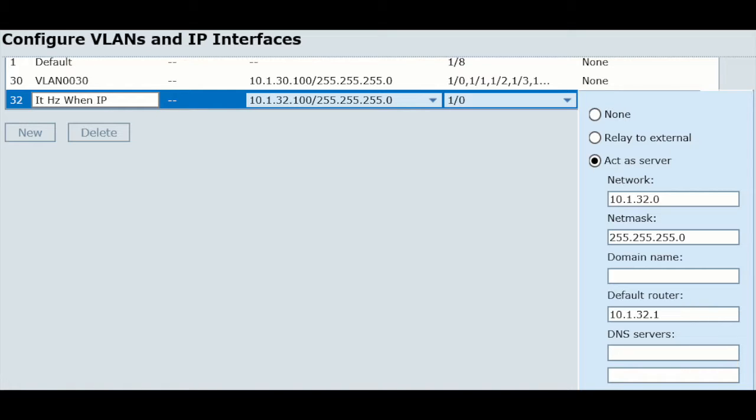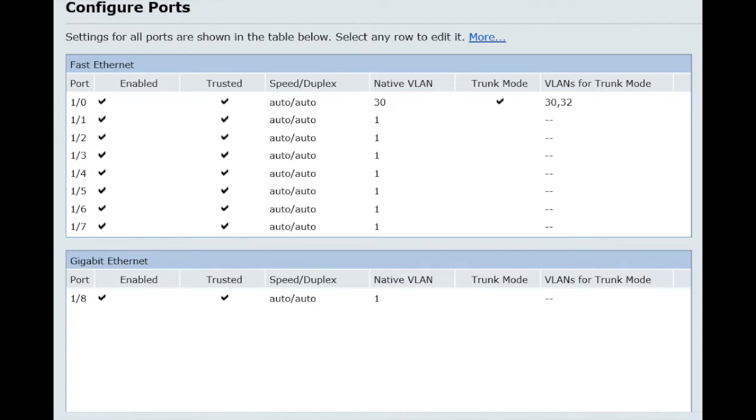VLAN 32 is configured to have an IP address of 10.1.32.100 and is set to act as a server. It has a net mask of 255.255.255.0 and the default router was set to 10.1.32.1. In port configurations, we had to make sure that the native VLAN for our access point was in trunk